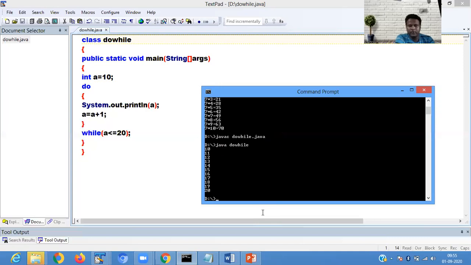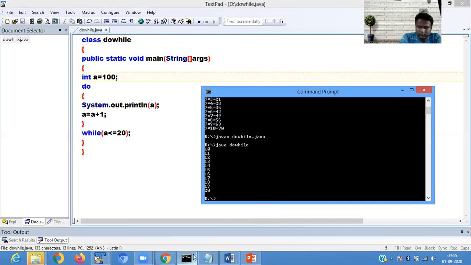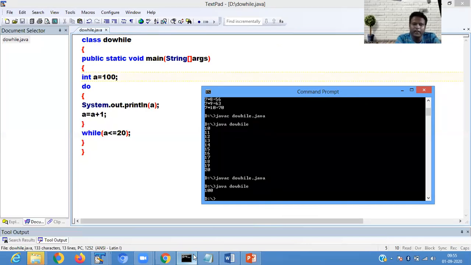Now what happened? If I pass here 100, then 100 is not less than equals to 20. But in the do while loop, if your condition is false, at least one time your statement is executed. That is the work of your do while loop.